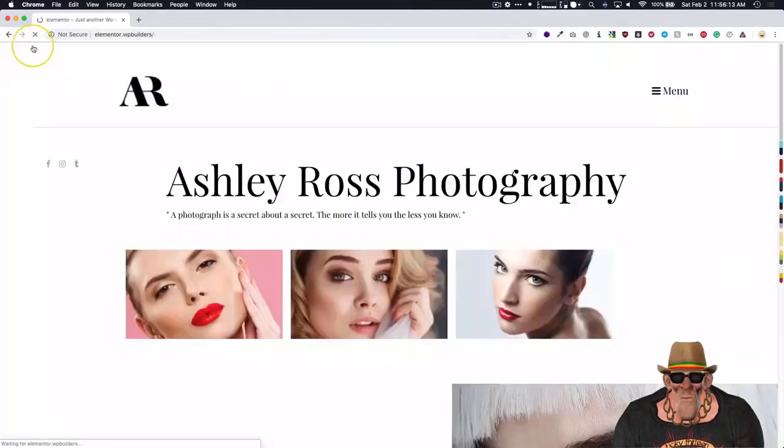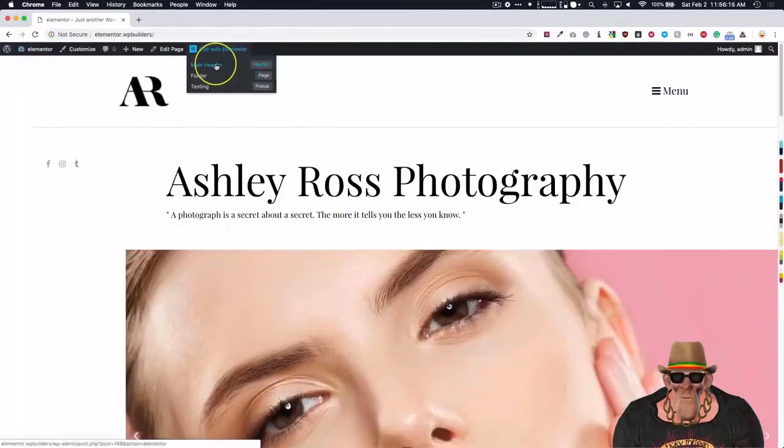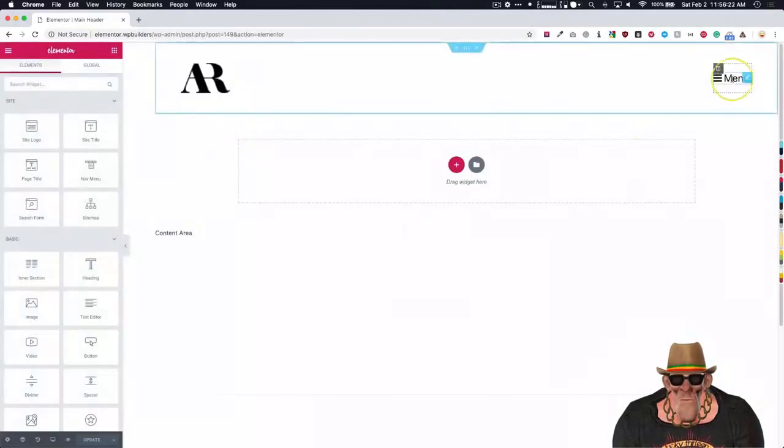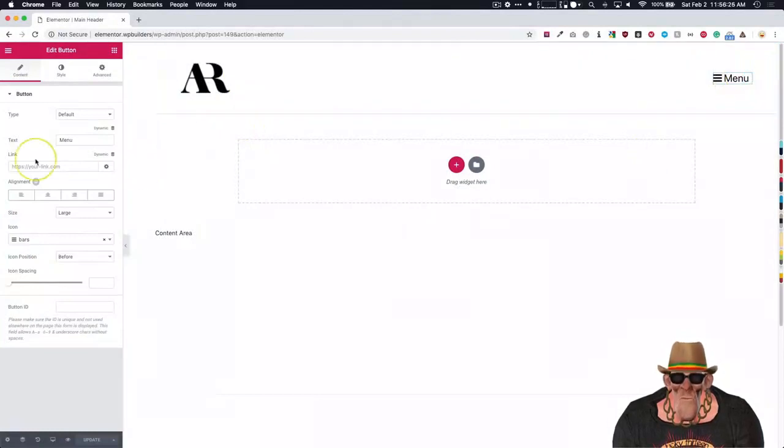We're going to view our home page. We're going to edit the header that we built with Elementor. And once we do that, we have the menu item over here that's going to trigger it. So once we click this and we want to edit this, we have this link. Now we want to click dynamic, go to the pop-up, and we're going to click open pop-up. Now you can do toggle pop-up, it won't really matter, so I'm just going to do that. And then we're going to type in off canvas, and it's going to appear there. Let's update,